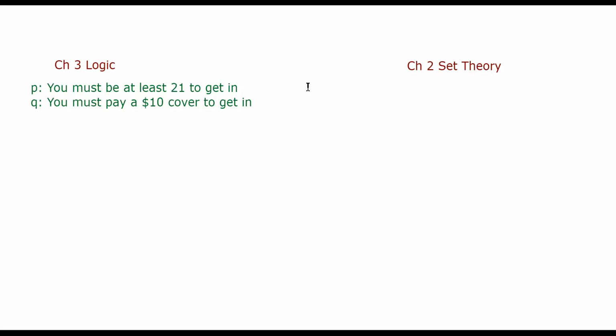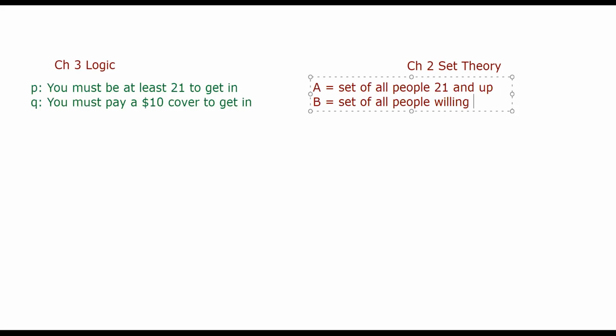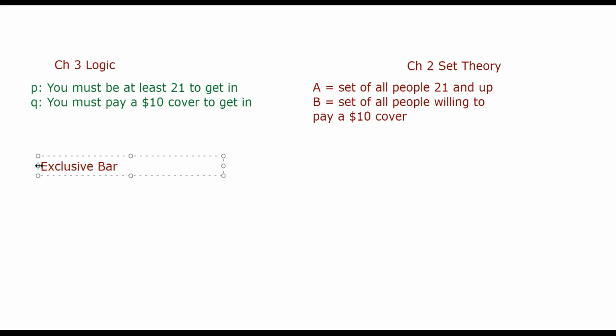We would say A is the set of all people 21 and up. So if you're talking about a set of things, that's going to be a lot of people. It's going to be millions and millions of people if you're talking about the US of A. B can be the set of all people willing to pay a $10 cover, willing to pay $10 to get into the bar. The exclusive bar requires, basically,